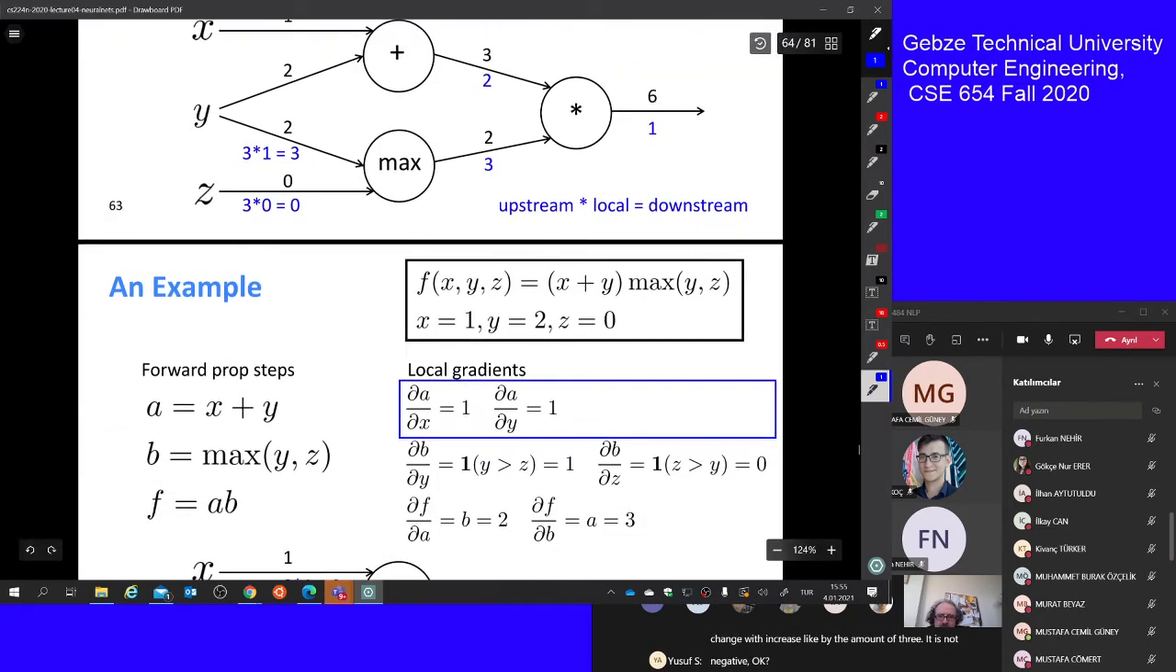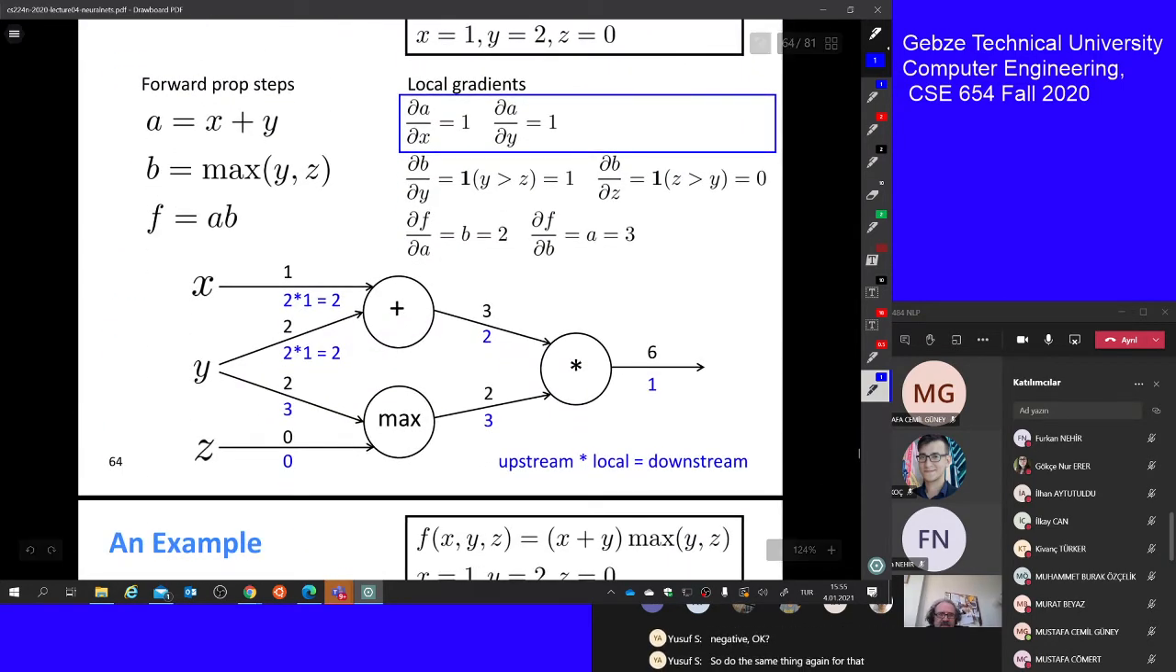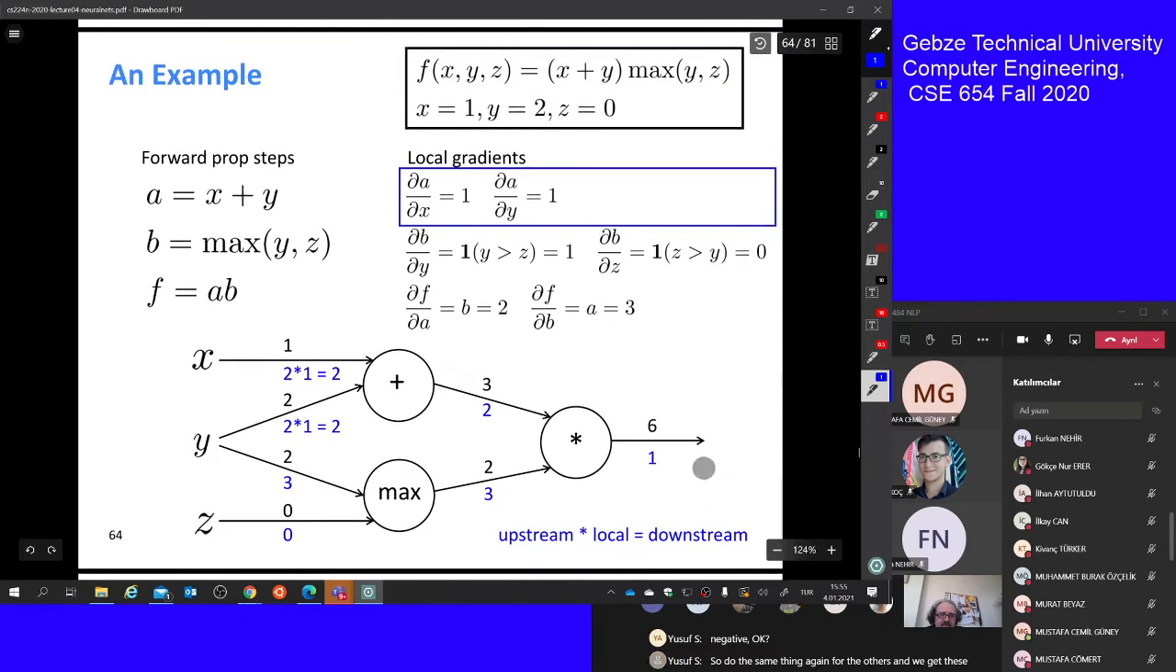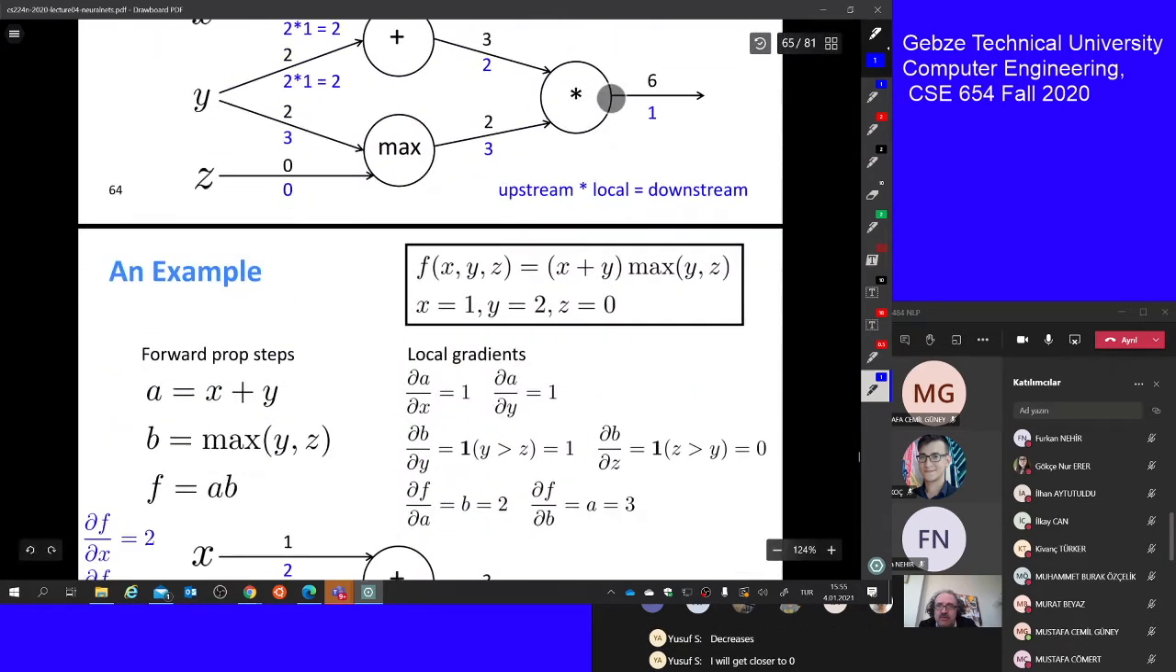So do the same thing again for the others and we get these results. Of course, again, this is not a neural network. This is just a network. In our neural network, we are not after changing our inputs. We are after changing our parameters. How should I change my parameters so that my loss function decreases? I will get closer to 0. That's what I'm trying to do with the